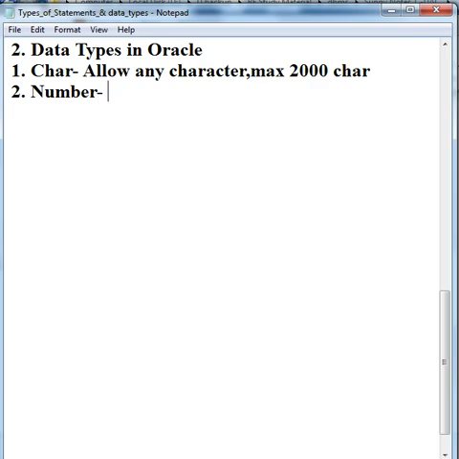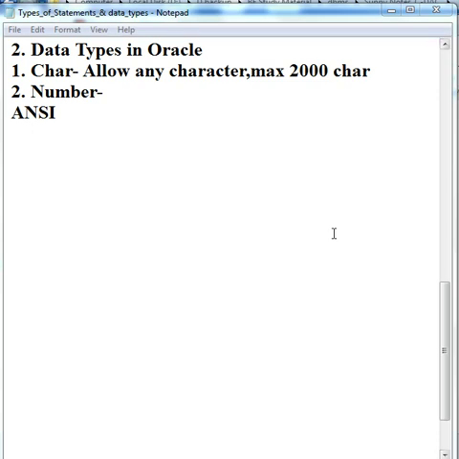Character and number are both ANSI data types, defined by ANSI, and the remaining ones are extras defined by Oracle.